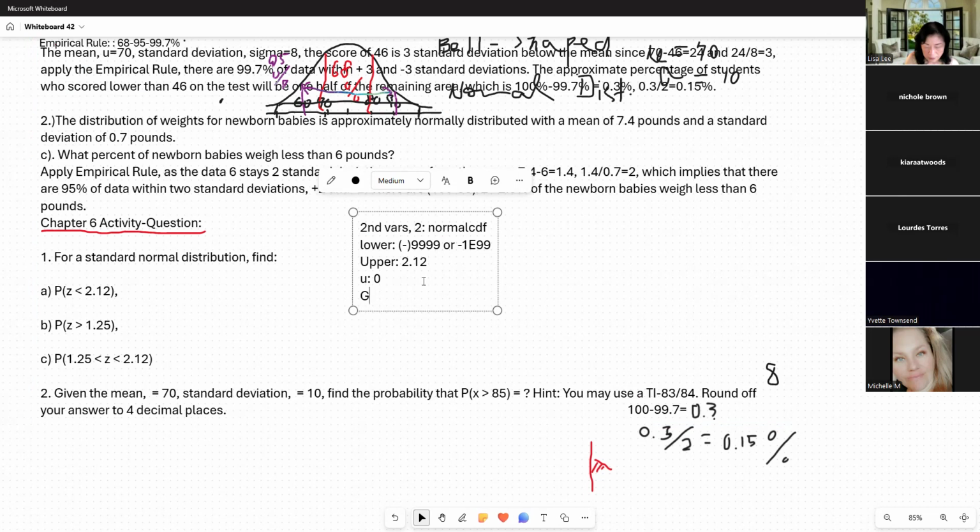So you can see standard deviation, they already pop a 1 there, and you just paste and hit the enter, okay? You just hit the enter. And you should get the answer already, okay? I'm going to type in 2.12 and go down, paste, enter. And you will see the normal CDF and all the data you put in there confirmed. Then hit the enter, and it gives the solution right away as